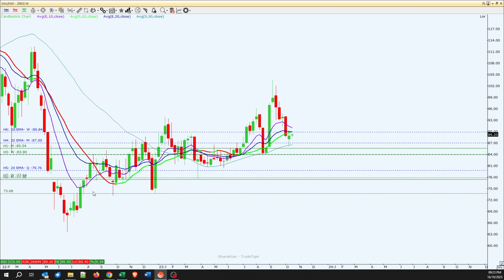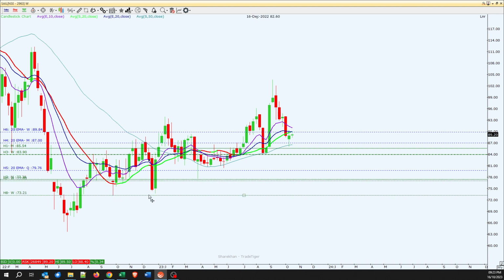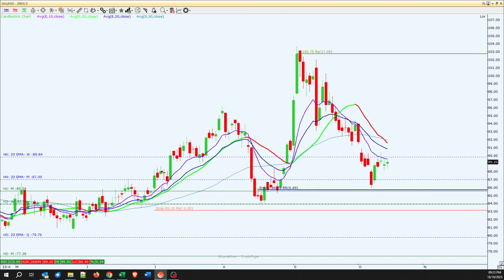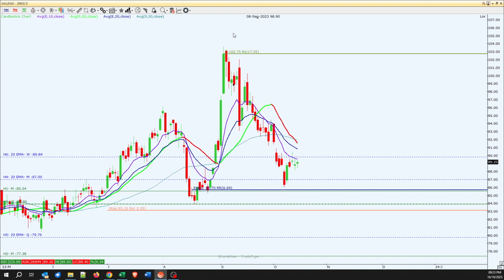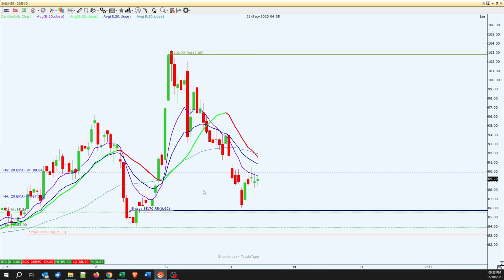So this was the previous demand, where I'm marking now. It came into the demand and started moving back up. Now let me mark it again. So this was the next demand zone, came into the demand, started rallying back up. After that, it did not come into this demand zone on the weekly, but if you see on the daily time frame, there was this daily demand zone. It isn't really that good, so I did not enter here. It came back here and then started a big rally. All of this huge move originated from here, so I'm expecting the price to move back up from here.